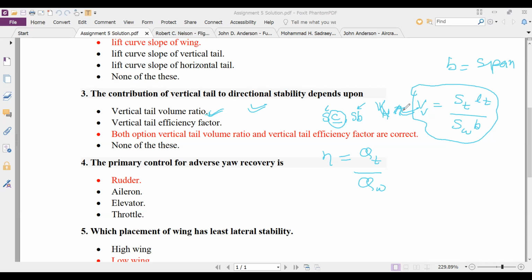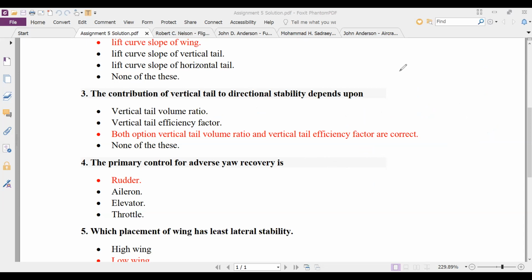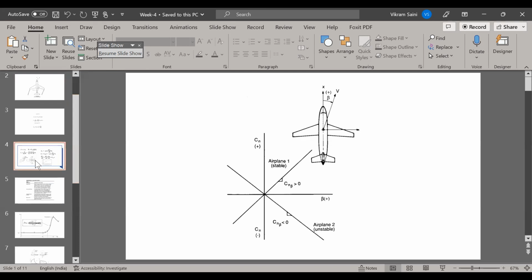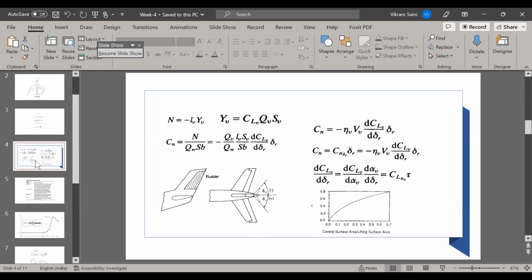Good answer. So I'll go back to that slide just to show you what vertical tail volume ratio is. I'll stop sharing, go to the other screen, week 4, and we have week 4. So we defined